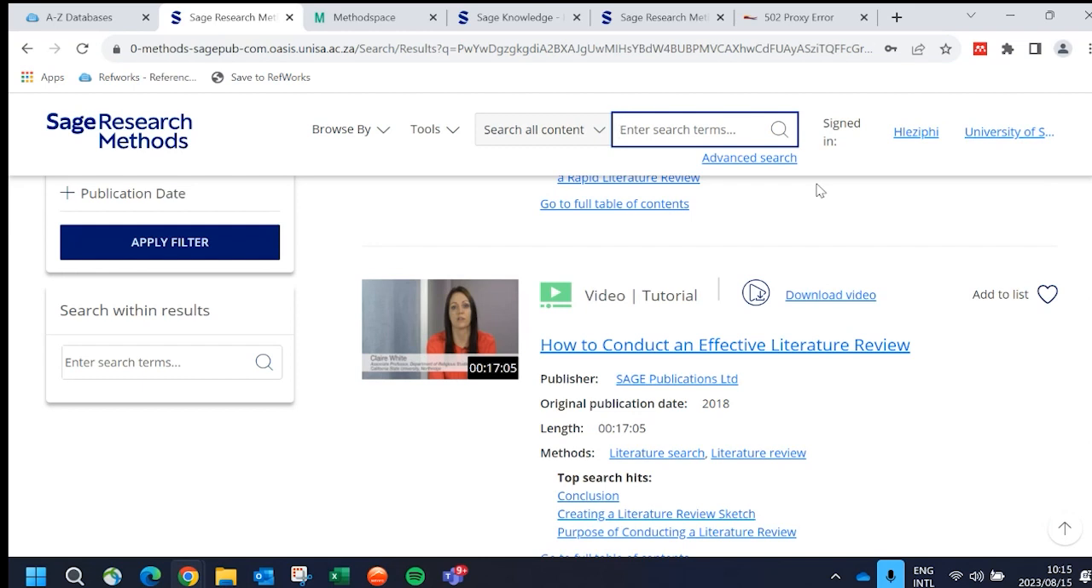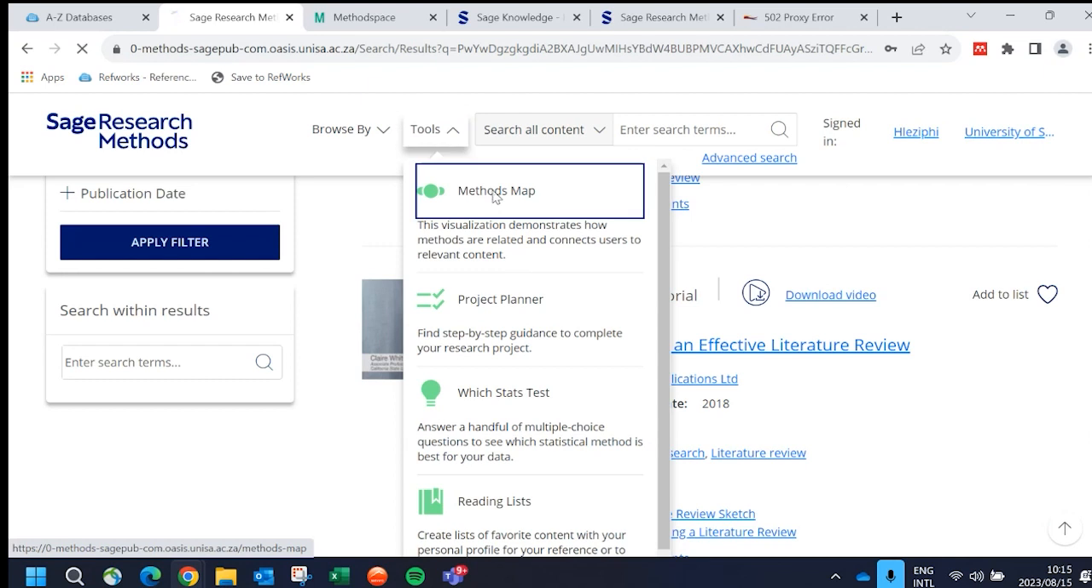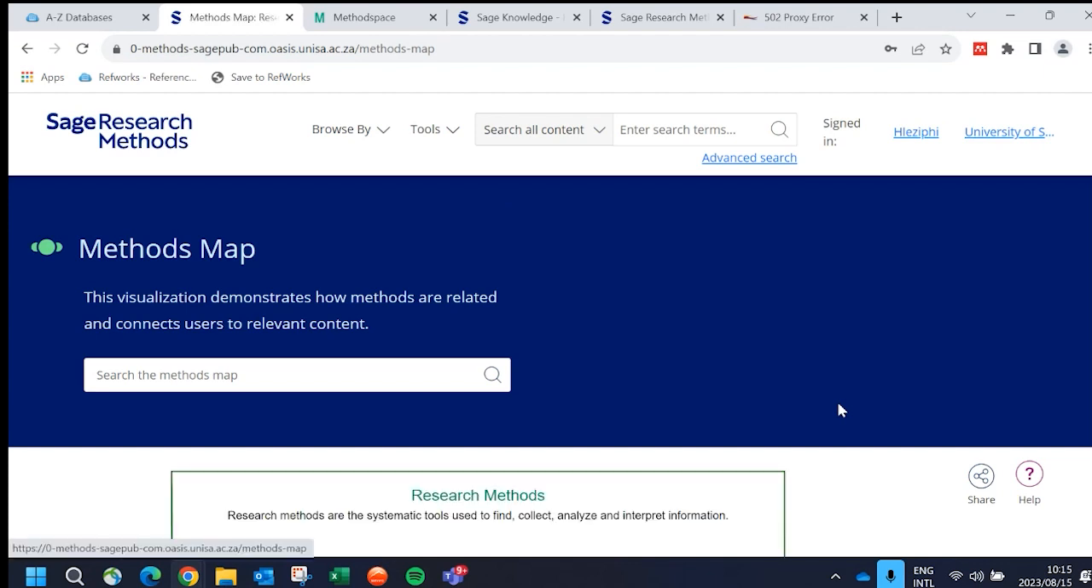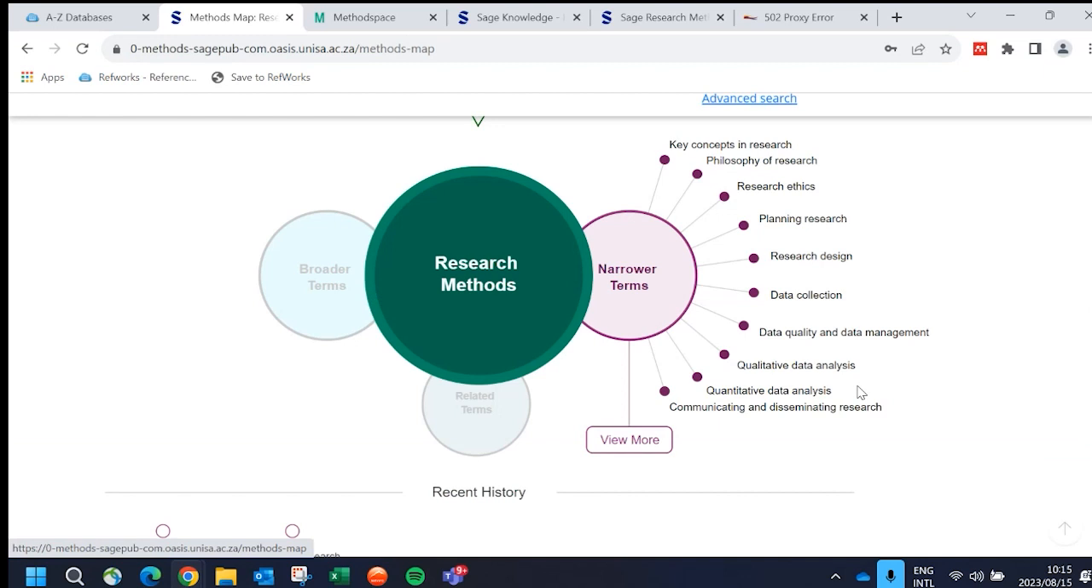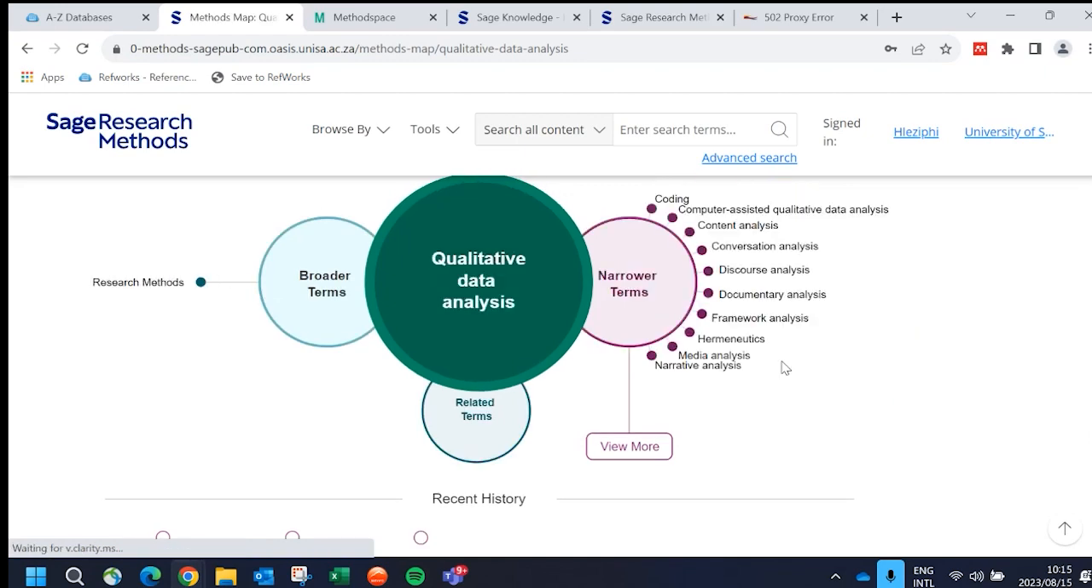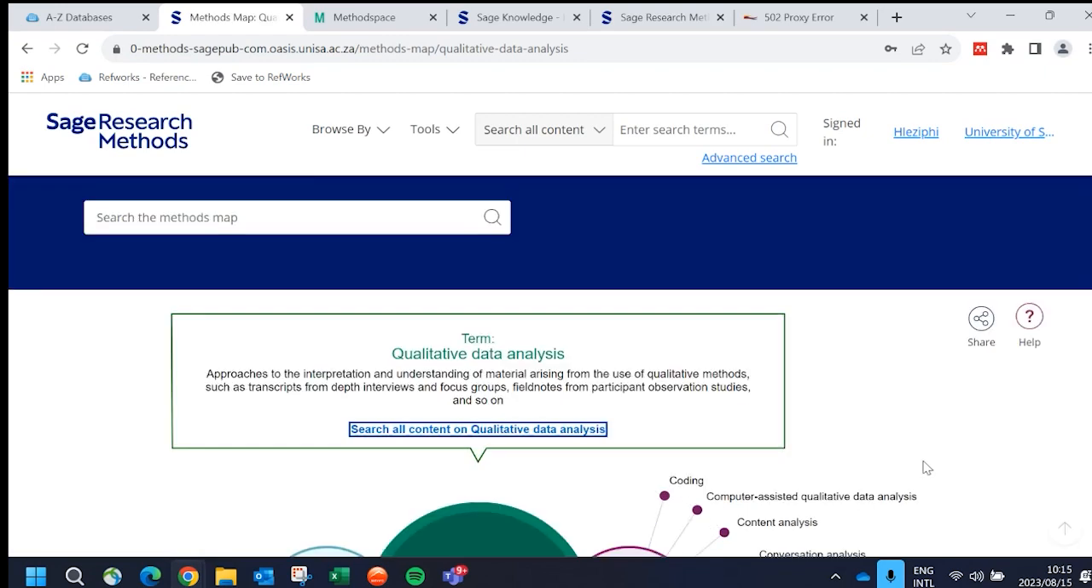Or you can use your methods map. It will give you all the information, because when you click on your methods map, besides doing a search on your methods map, you can just zoom into any methodology and tell the system, I'm actually in qualitative studies or in quantitative. I just want to see what's under this qualitative data analysis or quantitative data analysis. And then it gives you all the